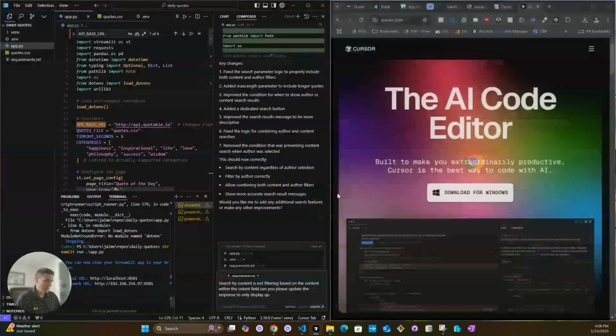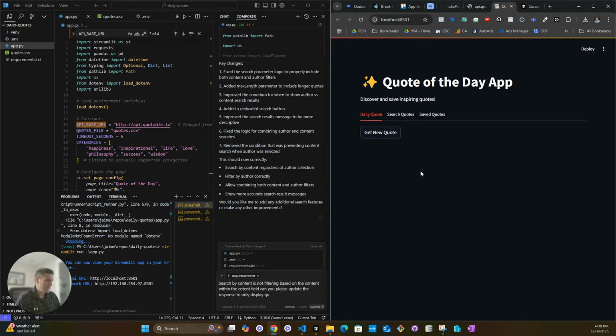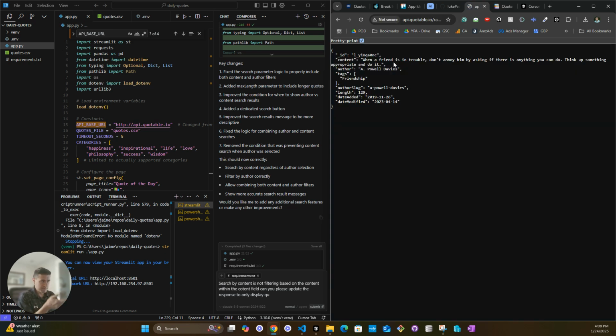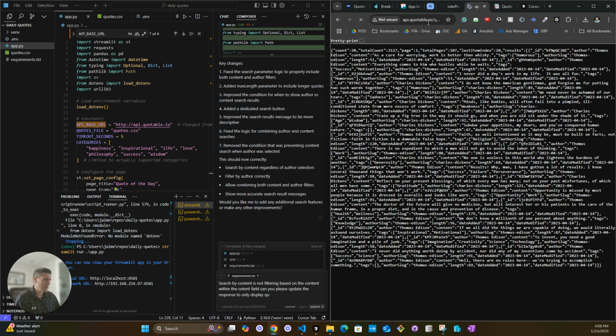So I'm just going to show you here what I'm trying to accomplish. The app itself, just high level, the requirement here is a quote of the day app. It calls this API endpoint, which is something like this. It generates a random quote, so a random just gives you one. The quotes endpoint gives you 20 as default. And I'm just going to show you here if I add a query. So as you can see, that's the default of 20 and a total count of 2,127. So there's a bunch of quotes that you can search for.